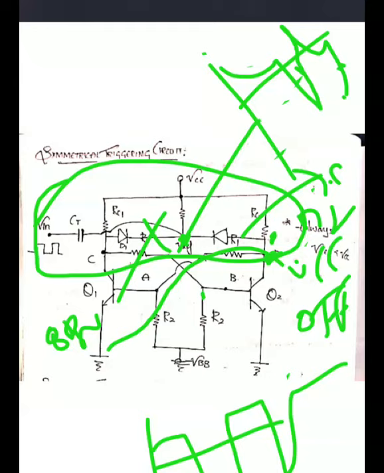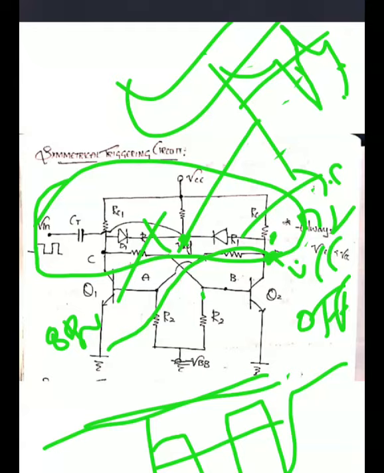In the case of the monostable multivibrator, external triggering is necessary only from the stable state to the quasi-stable state. To revert from the quasi-stable state back to the stable state, no triggering is required. So in that case, unsymmetrical triggering is best suited for monostable. In the case of the bistable multivibrator, symmetrical triggering is best suited because both output states are indefinite. This is important, and very important for competitive examinations also. Symmetrical is best for bistable, and unsymmetrical triggering is best for the monostable multivibrator. This is a simple but important topic.